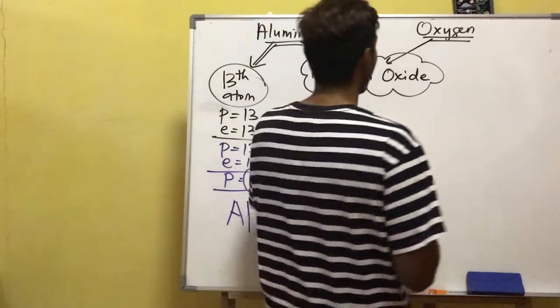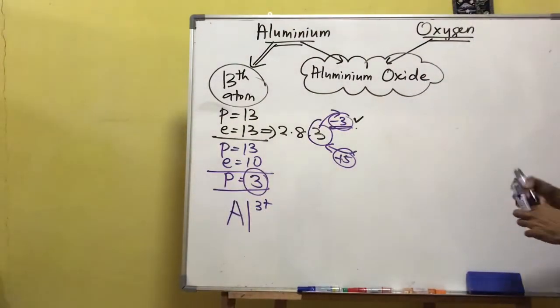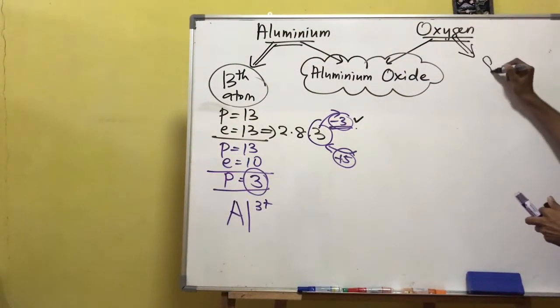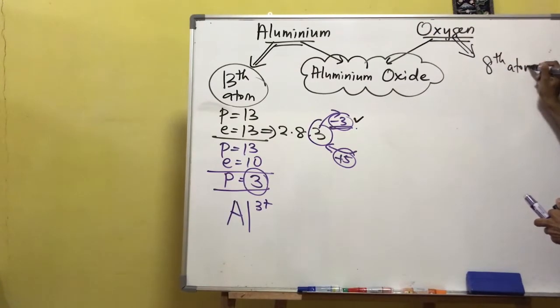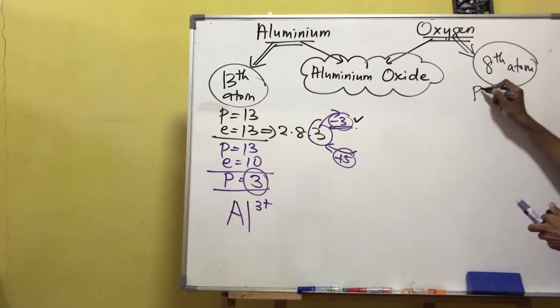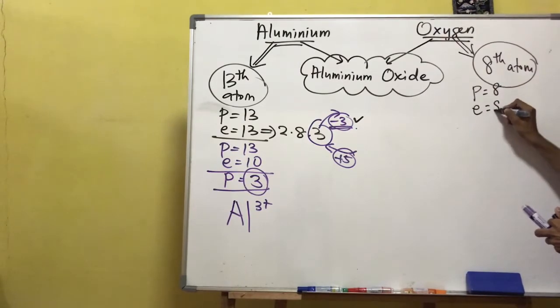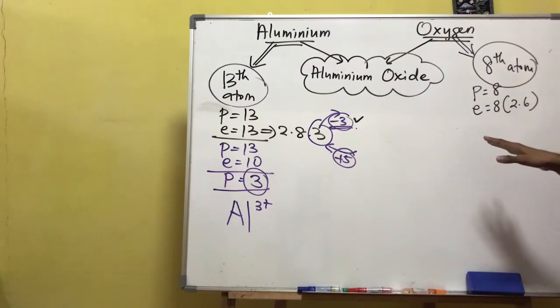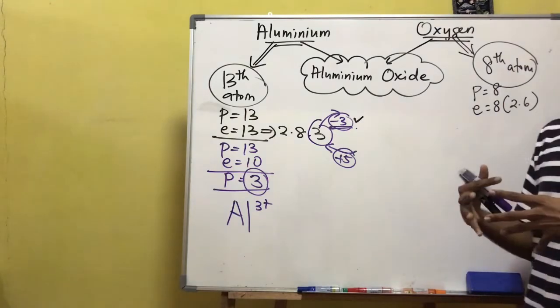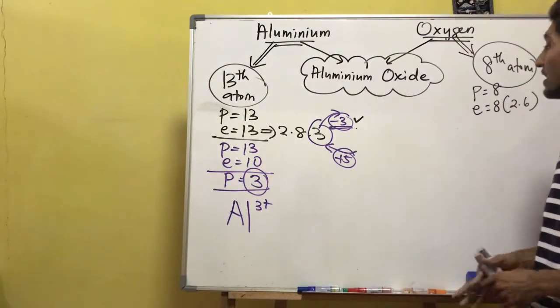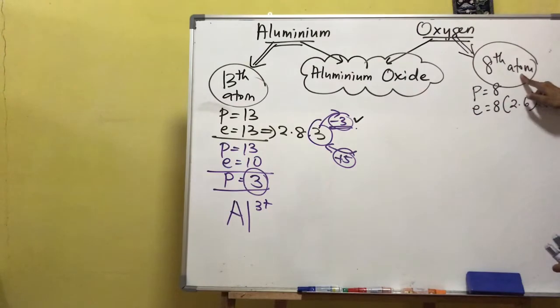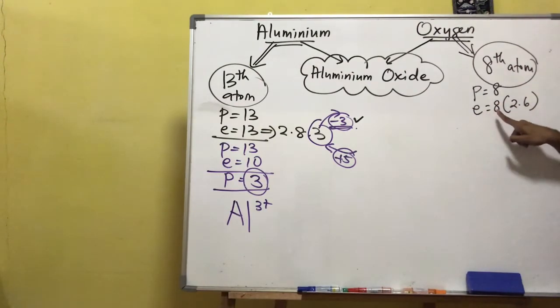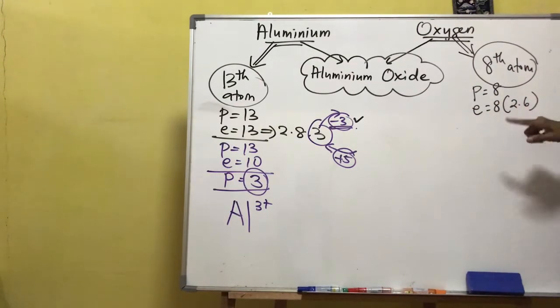Now, we're going to talk about oxygen. So, sekarang kita akan cerita pasal oxygen. Oxygen ialah atom yang ke-8. So, apabila oksigen ialah atom yang ke-8, protonnya pun ada 8, elektronnya pun ada 8. Susunan elektron akan menjadi 2,6. So, now, of course, it is going to have 8 proton. And at the same time, because it is an atom still, so we also have 8 electron. Therefore, the electron arrangement is 2,6. Okay,